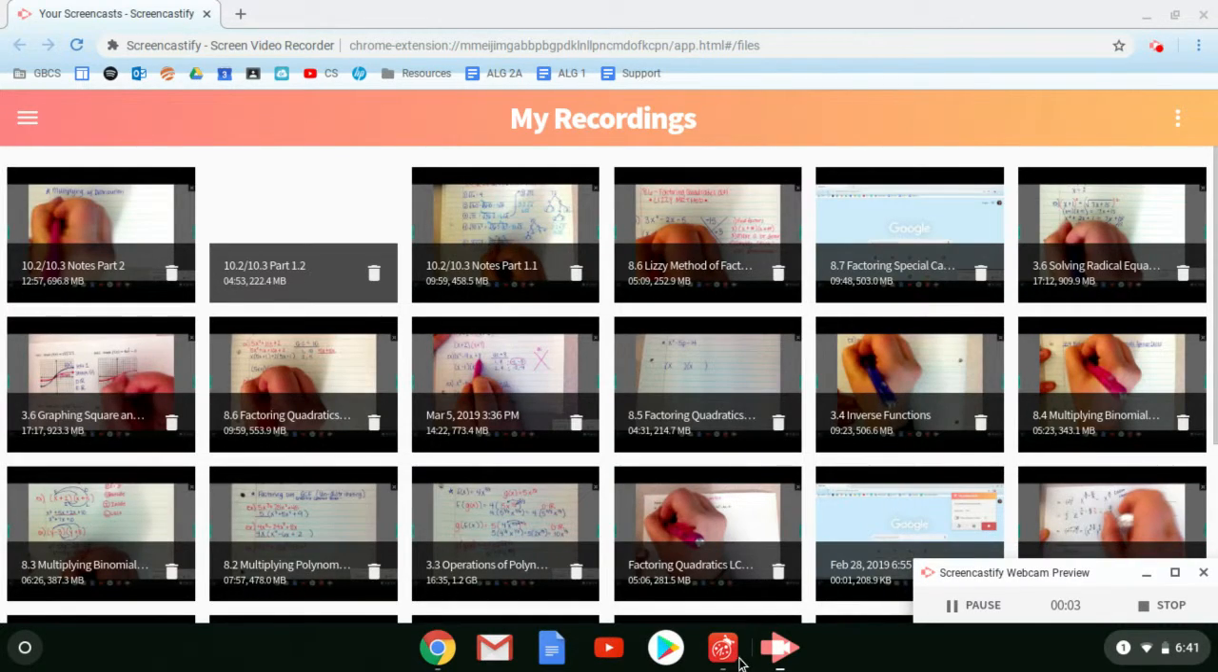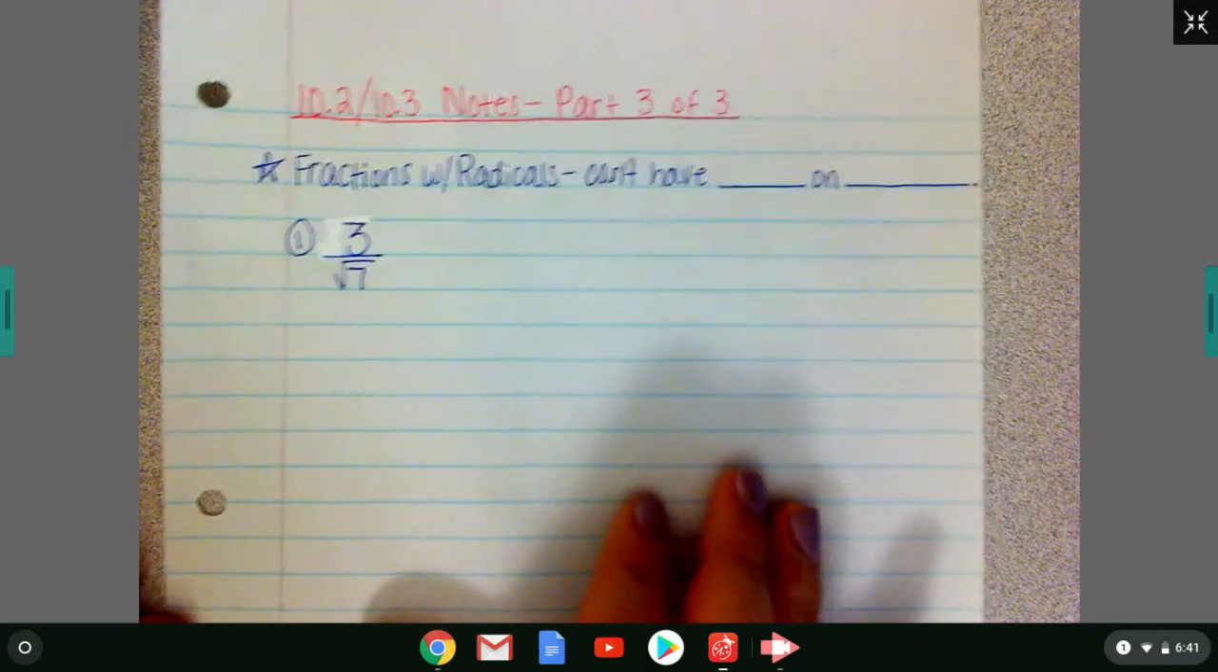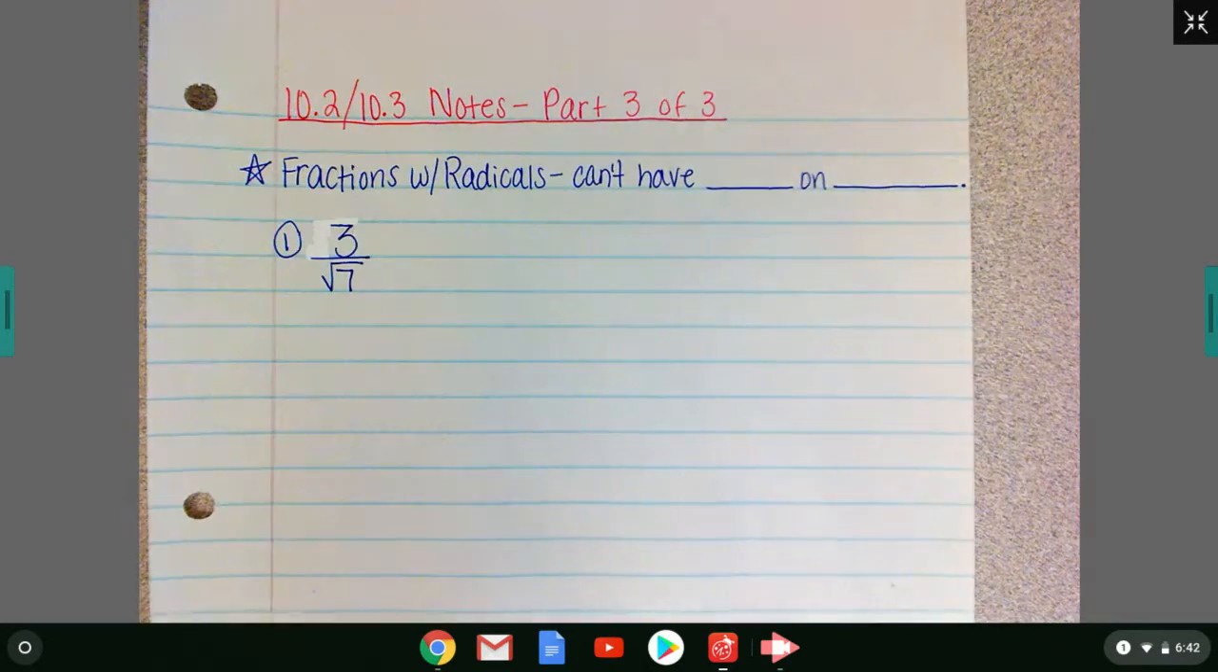We're going to do our last part of the notes on section 10.2, 10.3. So this is part 3 of 3. In the first section, we looked at simplifying radicals and adding and subtracting them. In the second section, we looked at multiplying radicals as well as distributing and foiling. And then in this one, we're going to look at fractions with radicals as well as just radicals that are